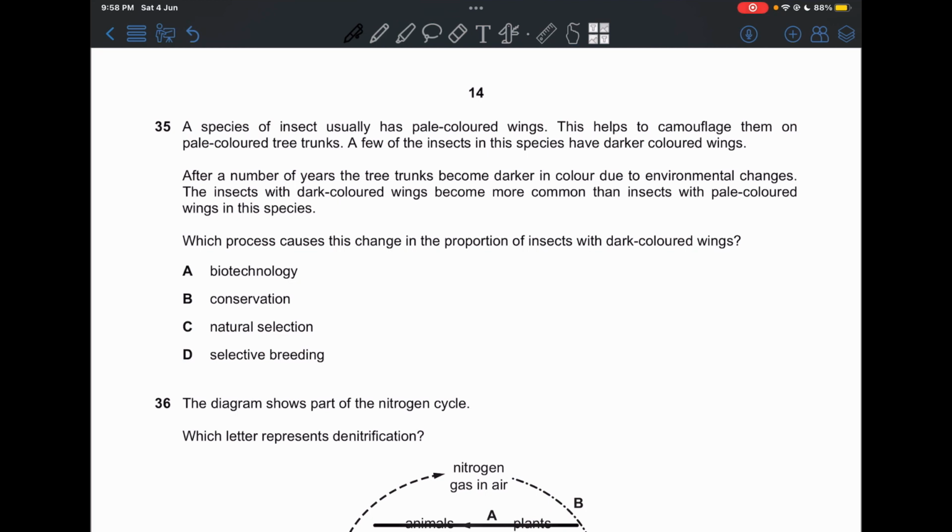Now, this is really similar to the example of butterflies in the natural selection lesson, where when the tree trunks were dark, there were a larger number of dark colored wing butterflies, but when the tree trunks were white, there were a larger number of white butterflies. So we're going to be choosing natural selection because this is as a result of the environmental changes and not